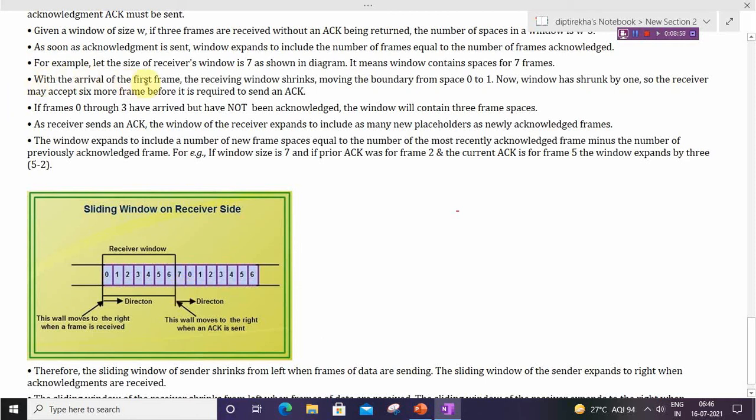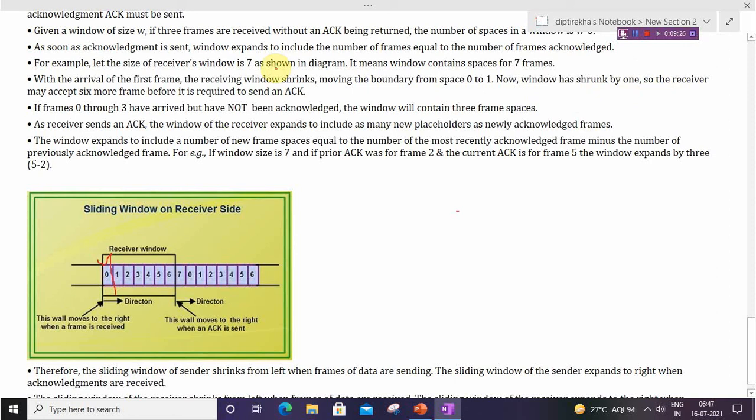With the arrival of the first frame, the receiver window shrinks, moving the boundary from 0 to 1. It means if frame 0 arrives, the window can shrink to 1 to 6.